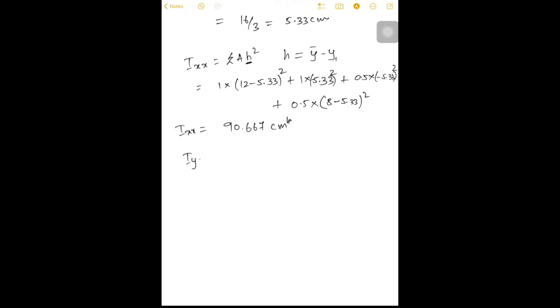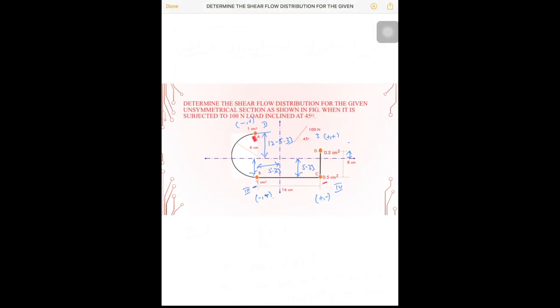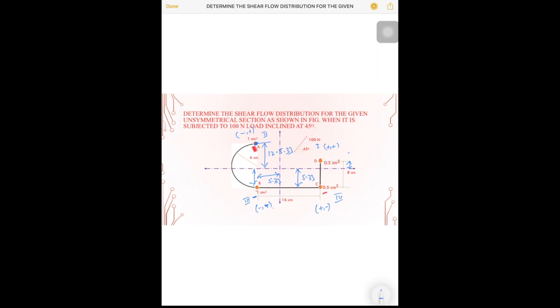Similarly, Iyy is summation of area into x square. So h will be x bar minus x dash. Okay. So if you consider point A, area is 1 centimeter and the distance is this one. So it is 5.33 centimeter away from the neutral axis. So it will be